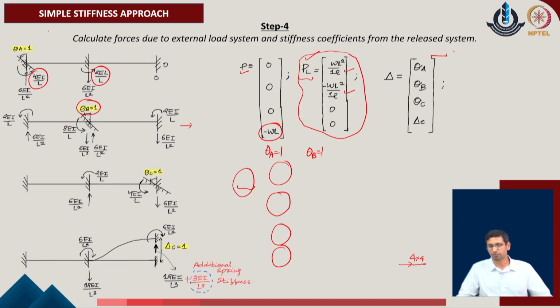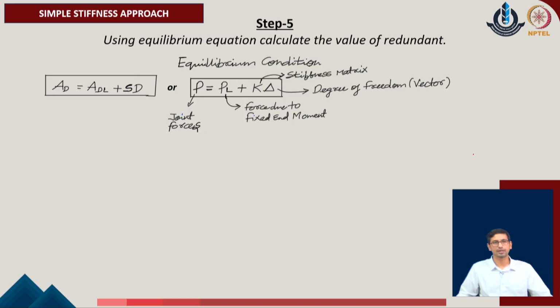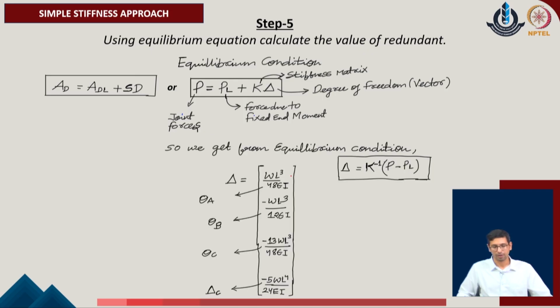These are the unknown set of deformations which we want to evaluate in the given problem, and we have also evaluated the stiffness coefficient of the given problem. So, now we can identify the standard equation of the system equilibrium, and we can consider that the unknown value of the delta can be evaluated by solving the values of the given system. So, once we evaluate the response of the given system, one can get the value of delta in the given problem. By doing the simple inverse of the stiffness matrix, one can evaluate,